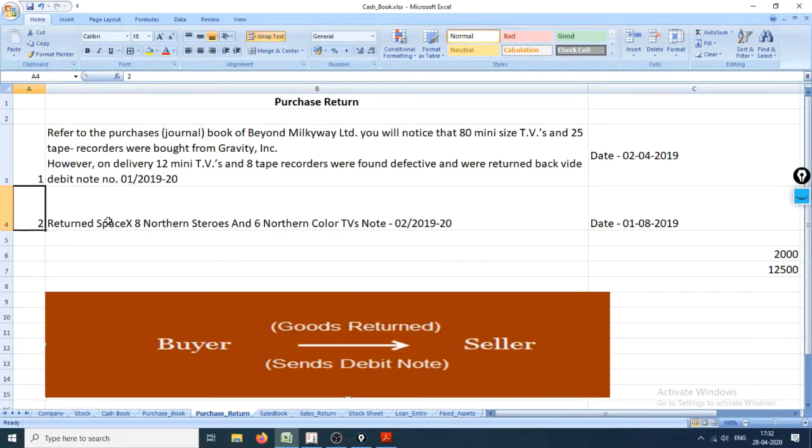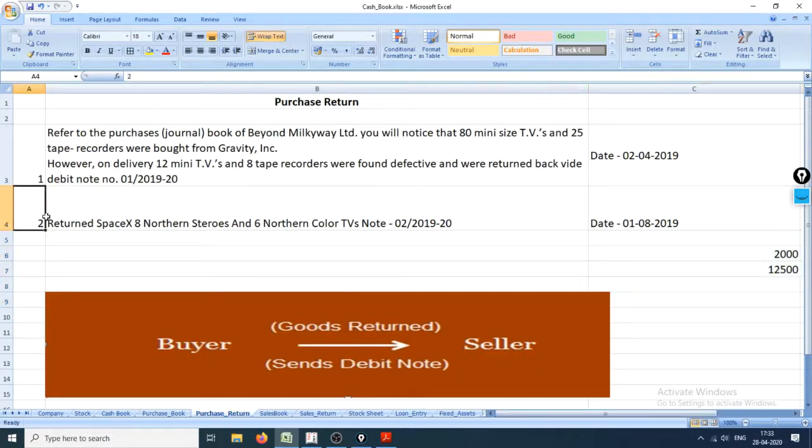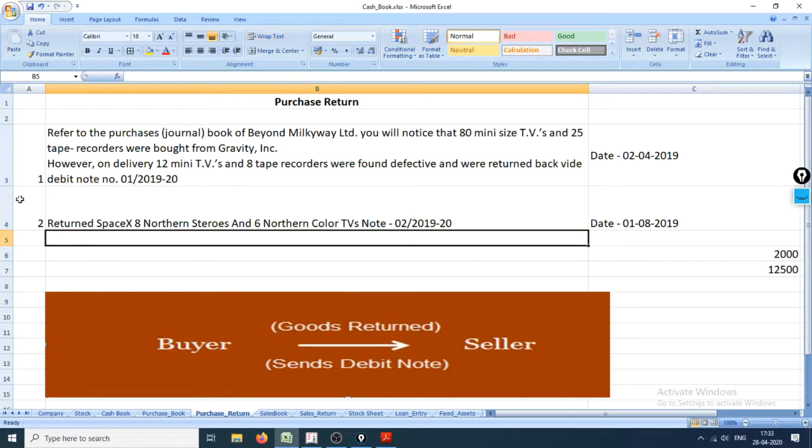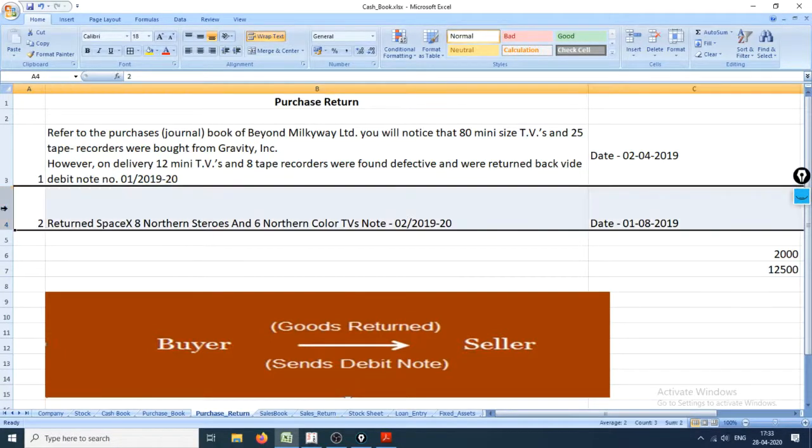Now before moving on to the second entry, do you think that Tally can be this inefficient that it has to make us calculate all these? Nope. So what else can we do? We passed that entry because I wanted to show you the first way, and how you can create a debit note by that journal entry.